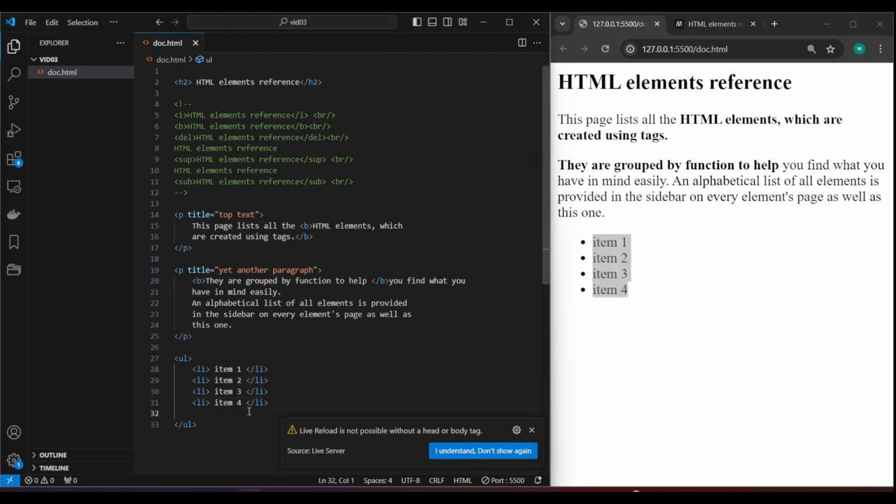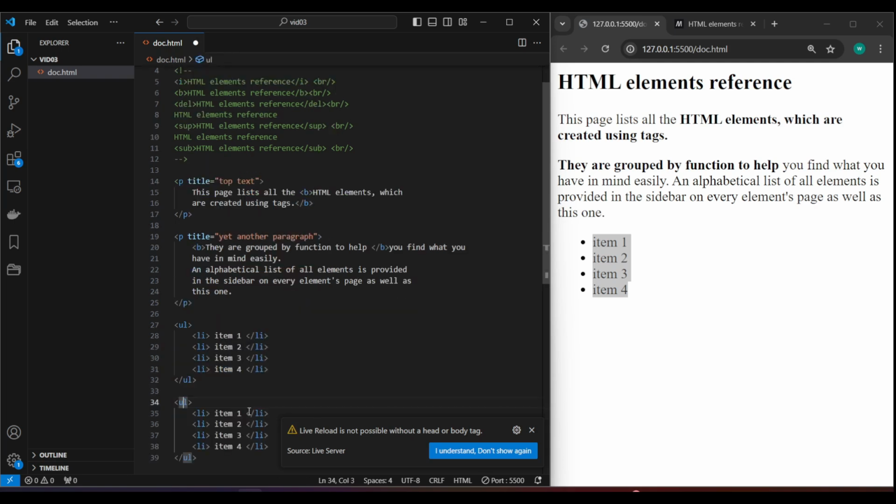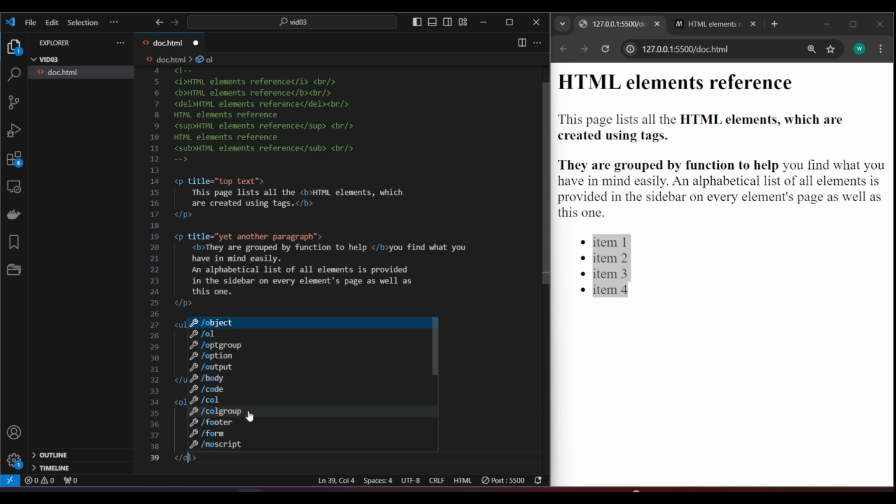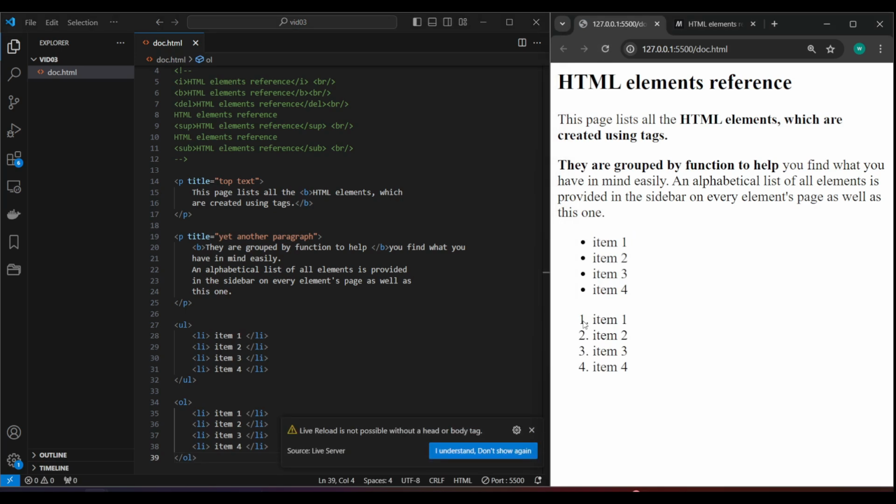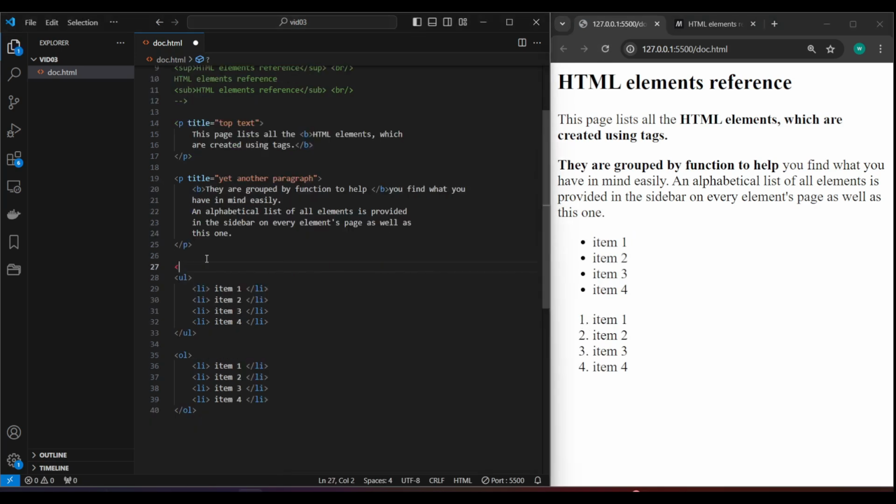And similarly, we have another type of list called ordered list. It goes the same as the unordered list, except for the tag, which is in this case OL for ordered list. Now if we save and refresh, now we have a numbered list. So starting from 1 to 4,